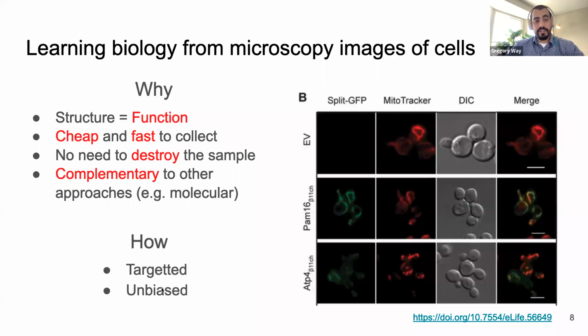There's also unbiased categories where, for instance, in the same experiment, the authors have also tracked MitoTracker. So this is a generic stain that's going to report on the localization of mitochondria in general and the distribution of an organelle that's really important in a lot of biological function. And so I'm going to focus on the unbiased approaches to learning biology from microscopy images. I think that this is really where we're going to learn a ton of information about disease and drugs.